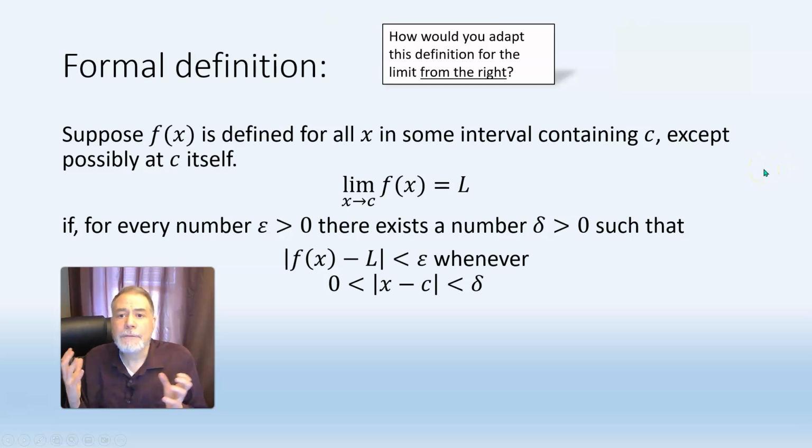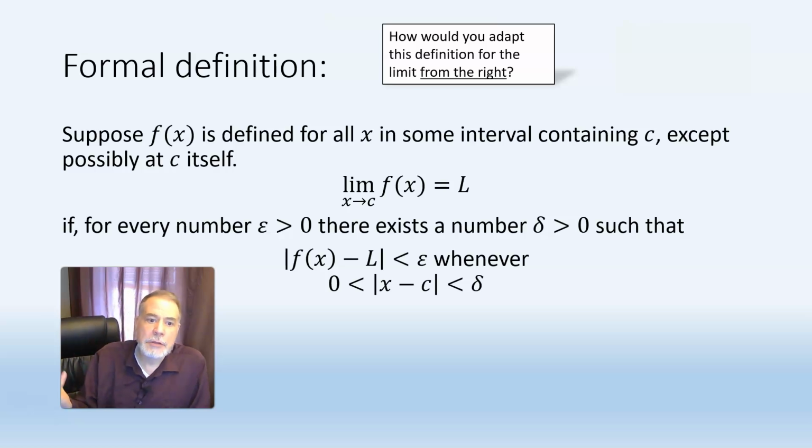Now, if you are familiar with the formal delta epsilon definition of the limit, you might want to think about how you would adapt that definition to just talk about one-sided limits. If you're not familiar with that definition, or you don't care about that, you have my permission to skip this. You can fast forward or zone out during this next minute or two when I'm talking about this, and come back when the screen goes from blue back to white. But if you are interested in this,